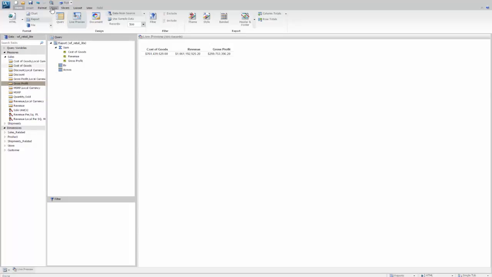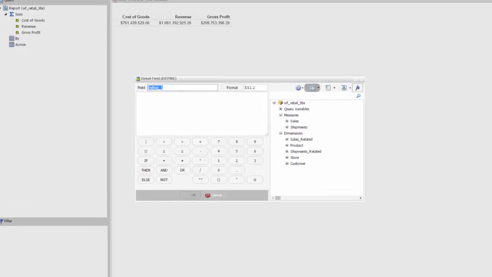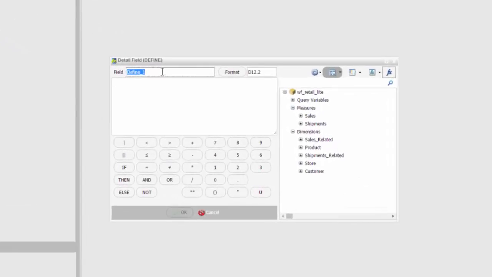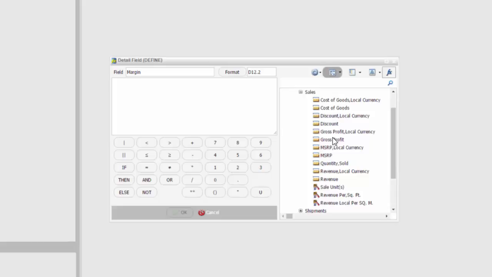we're going to use is actually a calculation. So we're going to go to the Data tab, and we're going to select to create a new defined field. The new field that we're going to create is called margin. So I'm going to type in margin as the name, and it's a calculation. The calculation is made by taking the gross profit and dividing it by the revenue, and we're going to put parentheses around this and multiply it by 100. So we'll put times 100 here,